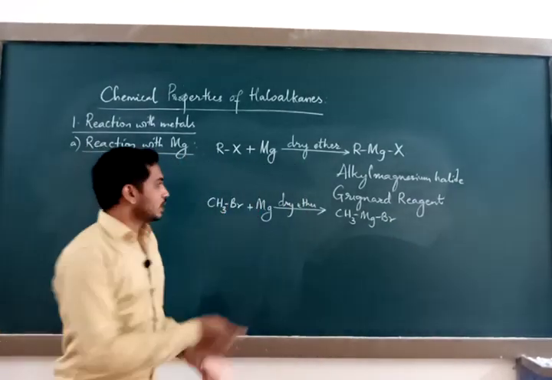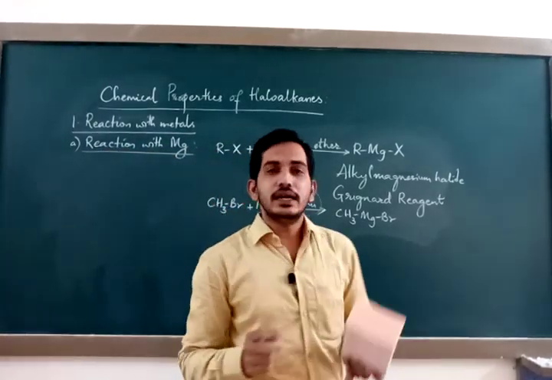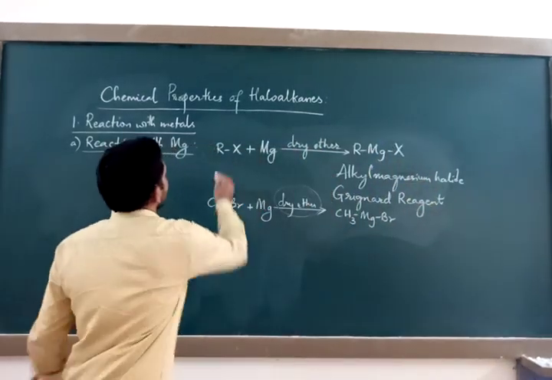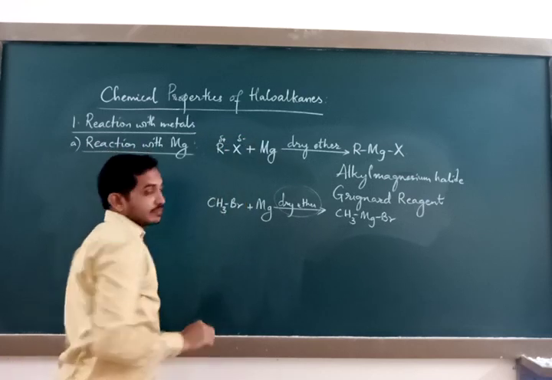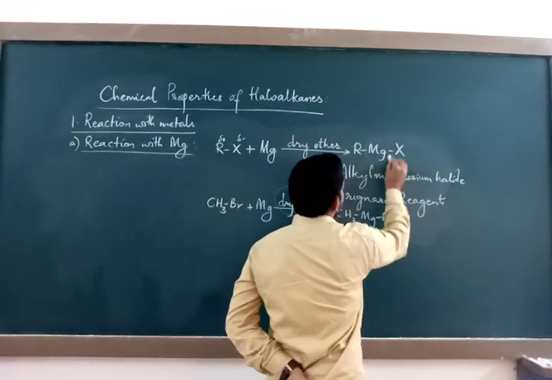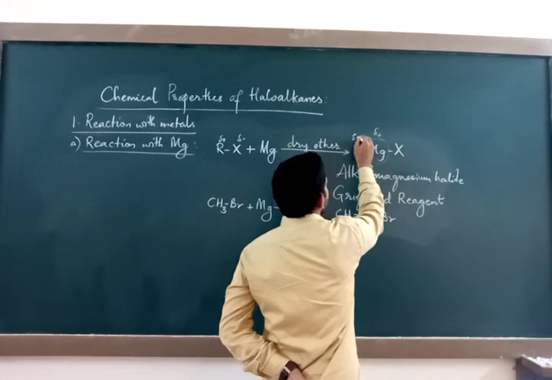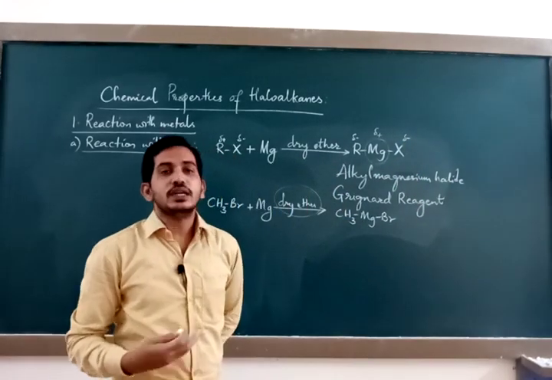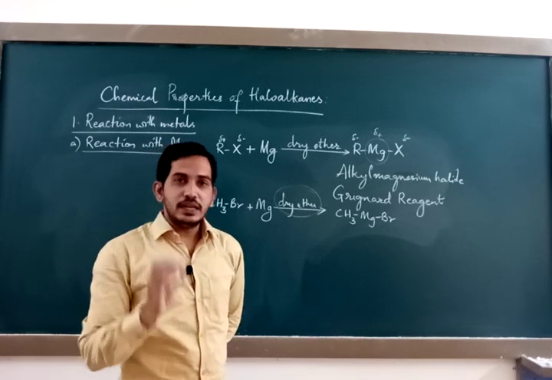You should also remember what is the role of dry ether in this reaction. Then remember, Grignard reagents are highly ionic compounds. Generally, how do we represent charges? Carbon gets partial positive, halogen gets partial negative, isn't it? Whereas in Grignard reagents, the metal carries positive charge, whereas the surrounding alkyl group carries negative and the halogen also carries negative charge. Because they are highly ionic compounds. Who are highly ionic compounds? Grignard reagents are highly ionic compounds.